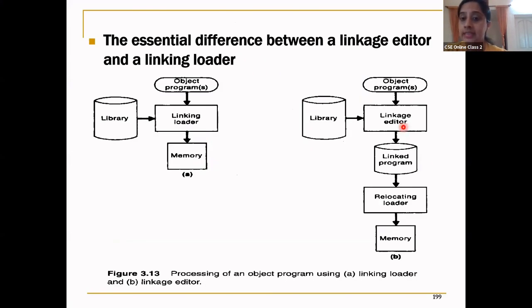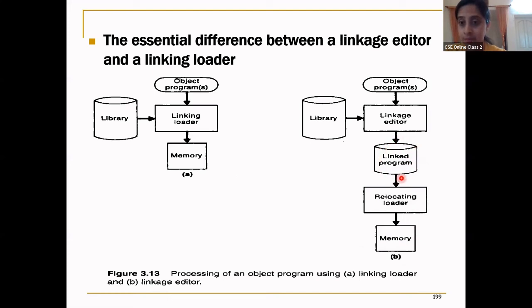If the same program is executed many times with just a different input, the linked program is stored separately. Every time the memory will be different, every time the memory is in a different scenario, so only the relocation should happen. This is one of the advantages here.